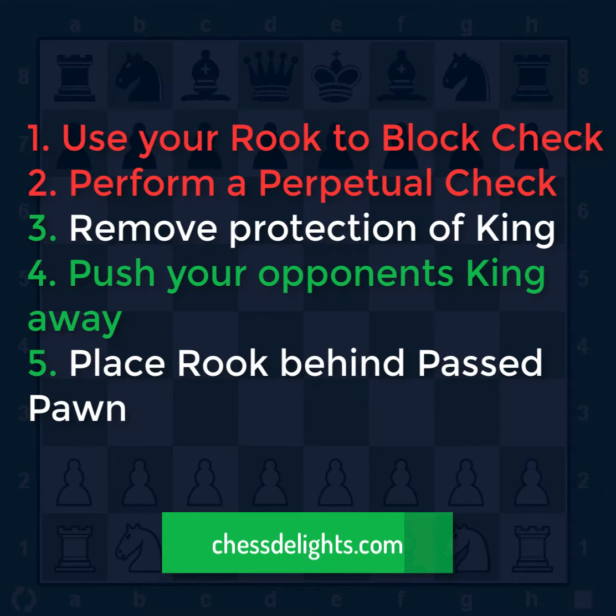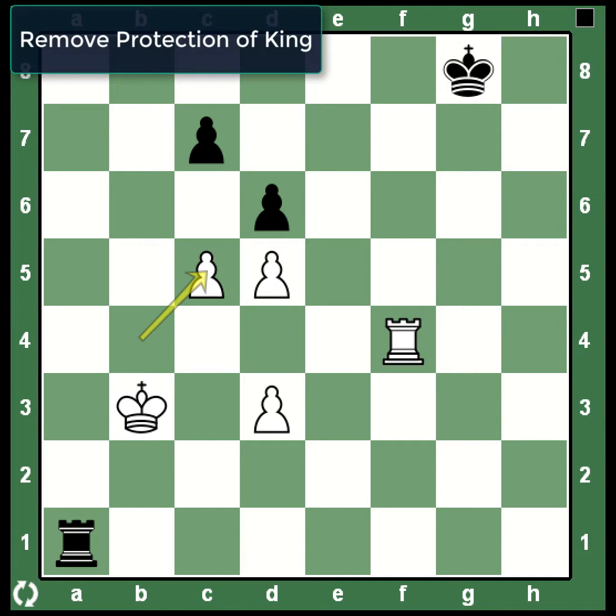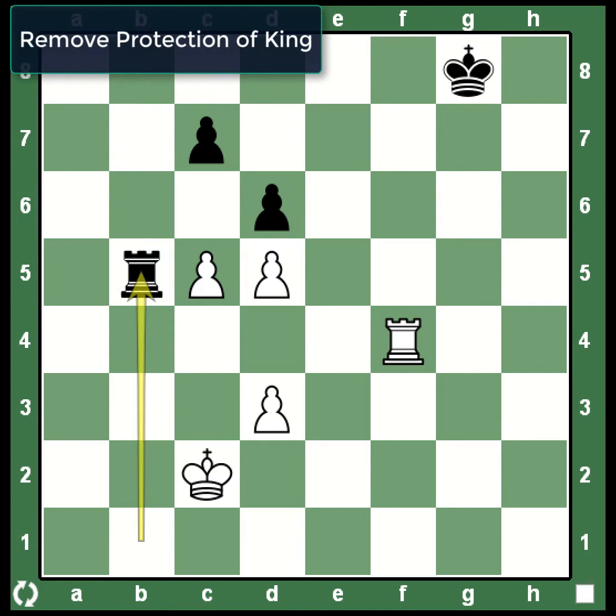Now the third strategy for the king pawn rook endgame is removing protection of the king. Okay, so this is an example of removing protection of the king, and after white pawn takes c5, the black rook immediately checks the white king. King moves to c2, the black rook moves to b5,